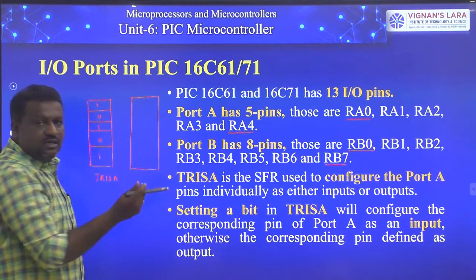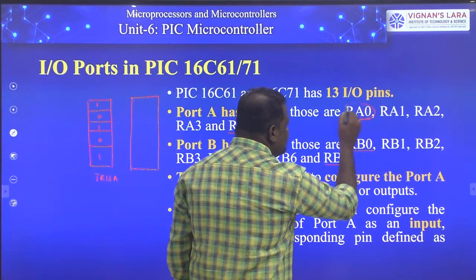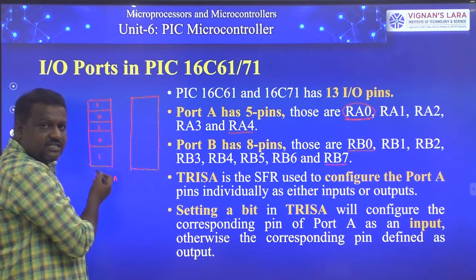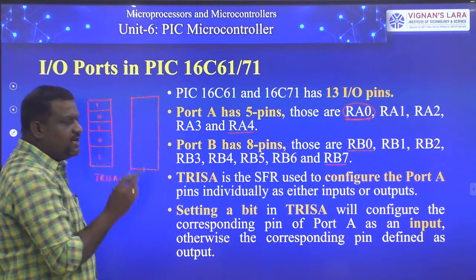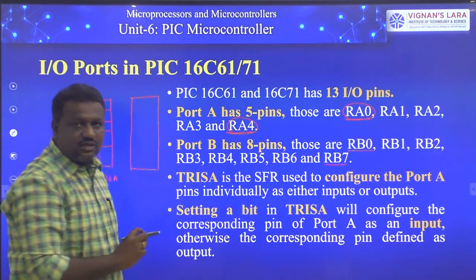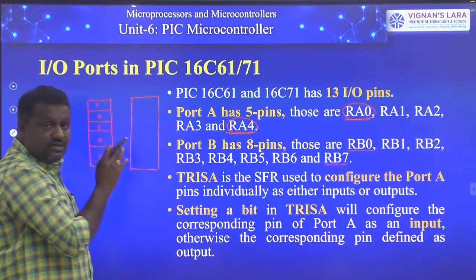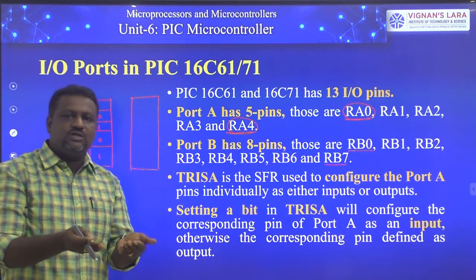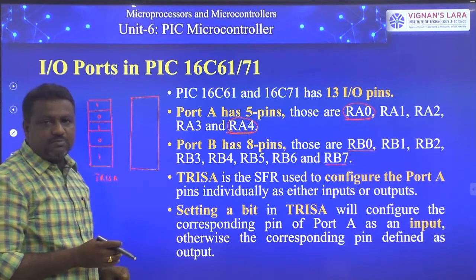This is the bit which is helpful for me to program the port A signal RA0. And similarly, this is the bit I consider as the most significant bit of TRISA. By using this bit, I program the most significant pin of port A, that is RA4. So by making these bits 1s and 0s, I can make these port A signals either input signals or output signals. That is explained in the next point.